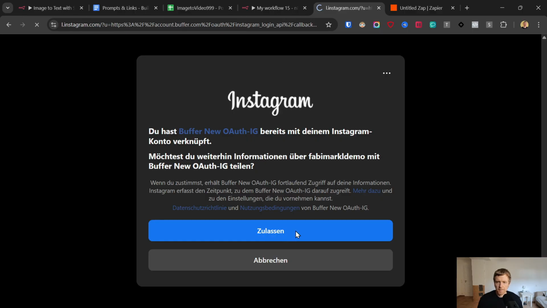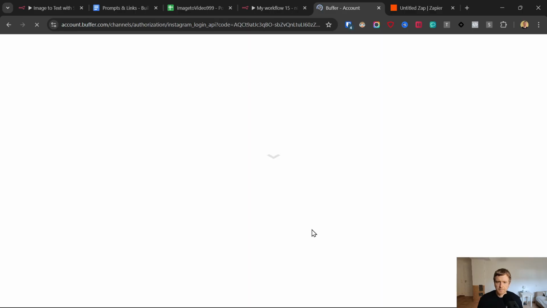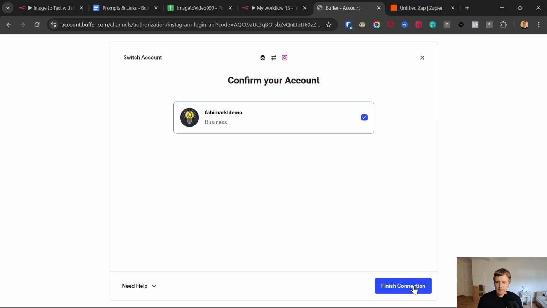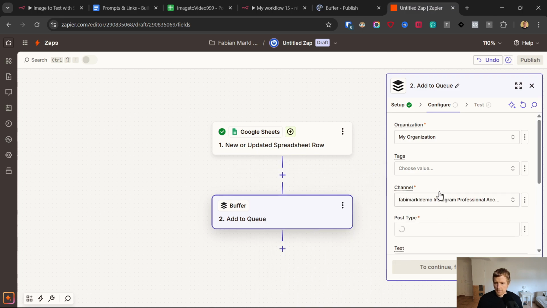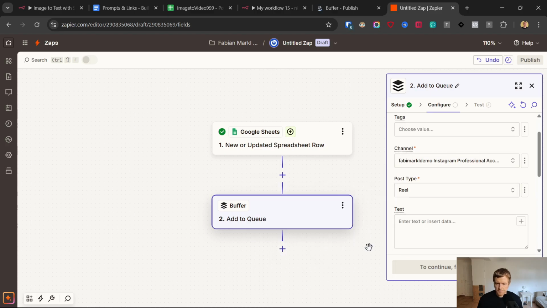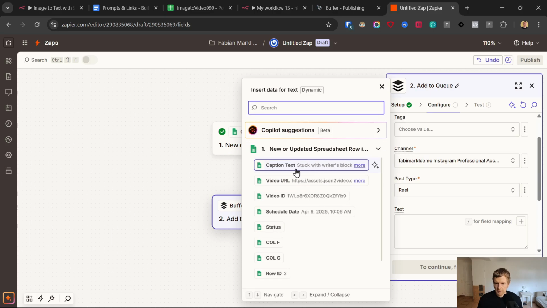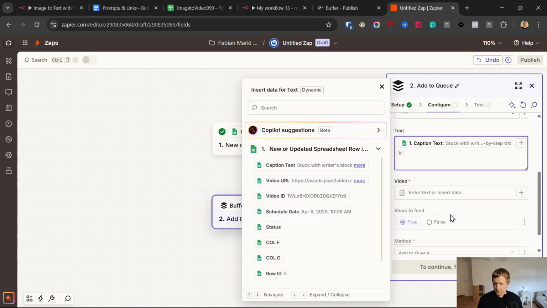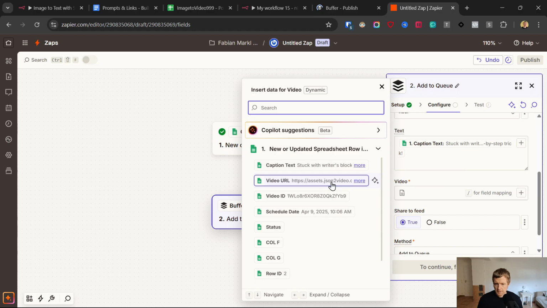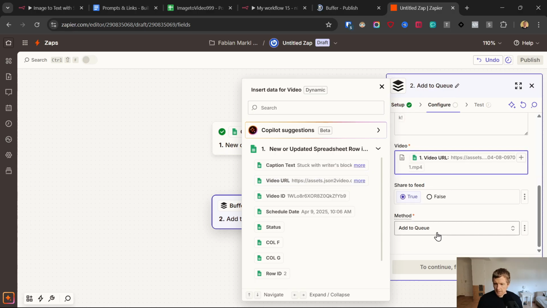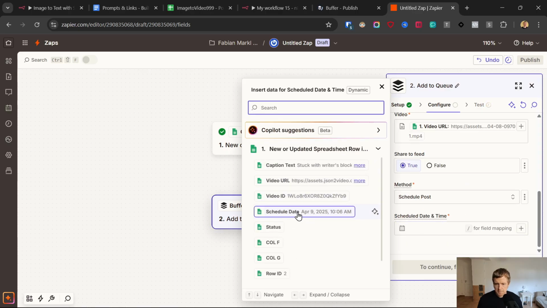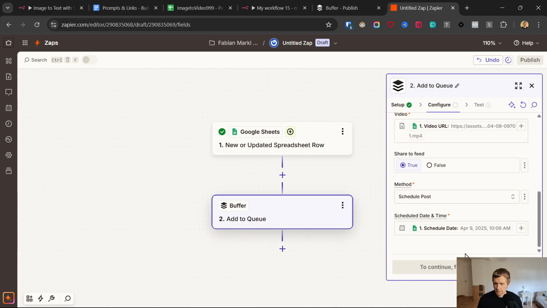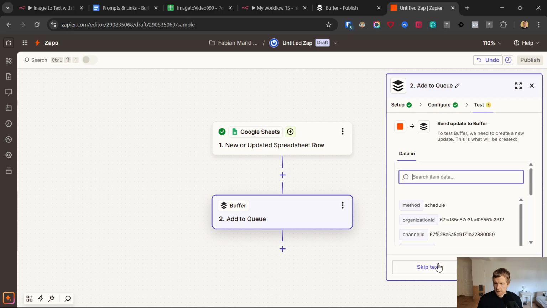Click on allow. Click on finish connection. And now if we refresh results, it should appear here. Yes. Perfect. Now post type, it should be reel. And then here the text, this is our caption text. The video, this is the URL. And the method is schedule post. And here comes the schedule time that we have already created, or our Google Sheet has created for us. And now we can click continue